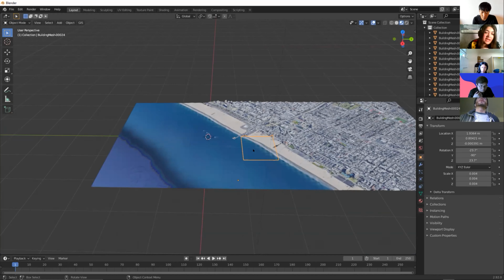So does everybody have a city that you can work with and import into Unity? Anybody has an interesting city to share? I'm curious to see what this looks like in other cities, if the resolution is good. Okay. All right,